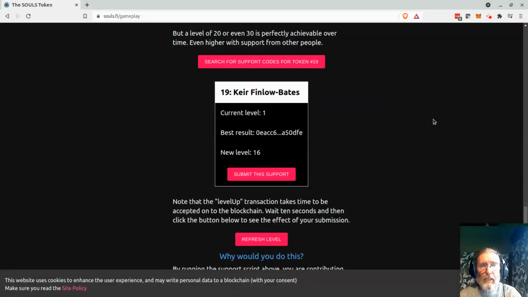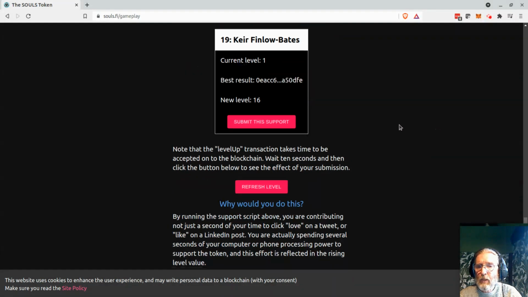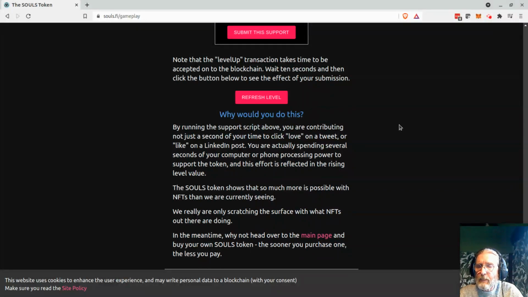Another one could just simply be that you have a token and you put work into it to show how much you value it. So you run a miner on your computer overnight, the level goes up and up and up. And there's a possibility that in a secondary market, tokens with higher levels are perceived as being more valuable because people have put more work into them. I know it's not entirely rational, but to be honest, this entire NFT world is not yet at an entirely rational state either. So that's the basic overview of what this token does.